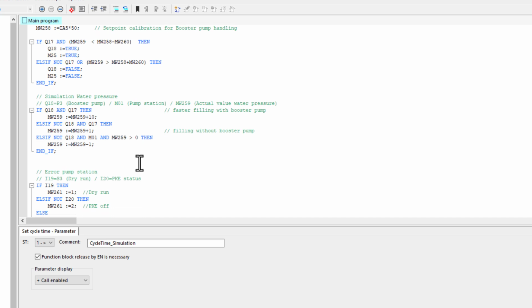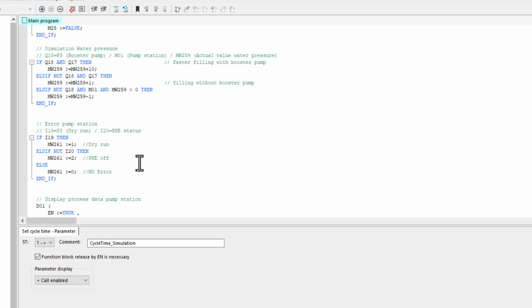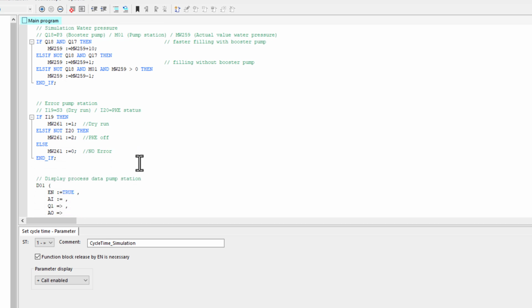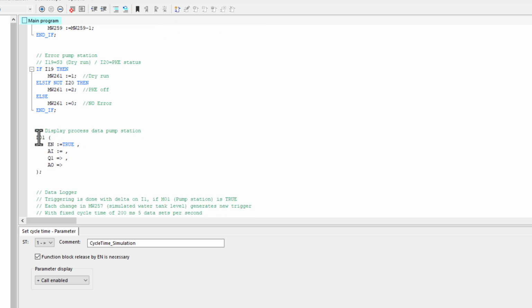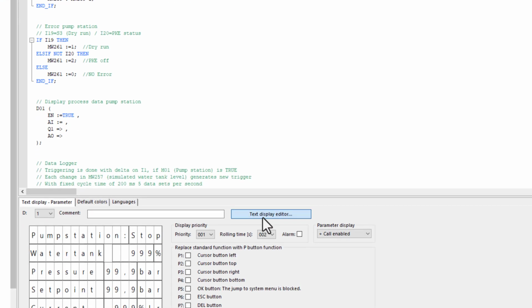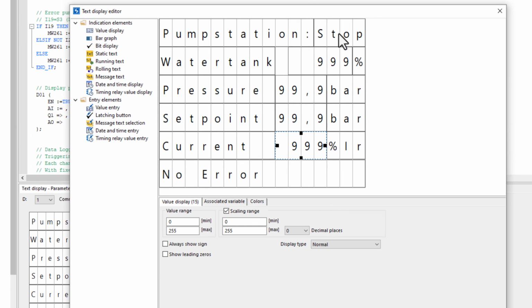For the simulation when the booster pump is switched on, the marker word 259 for the actual value of water pressure is incremented by 10, and when the pump is switched off, it is decremented by 1. Without booster pump and pump switched on, the actual value of water pressure increases by 1 increment per cycle. The next if instruction deals with error generation while processing the input for dry running and the status of the motor protection switch PKE. The text display block supplies the status information of the pump station, the filling level of the water tank,